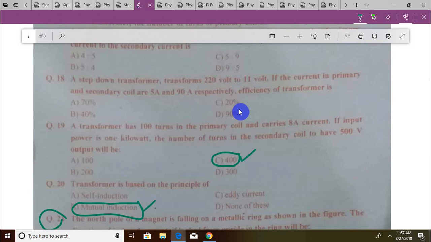स्टेप डाउन ट्रांसफॉर्मर ट्रांसफॉर्म्स 220 वोल्ट से 11 वोल्ट तक। If the current in the primary and secondary coil are 5 ampere and 90 ampere respectively, efficiency ट्रांसफॉर्मर की कितनी? हम हमेशा पावर के लिहाज से देखते हैं। आप 220 इंटू 5 करें, ये इनिशियल इनपुट थी। 90 इंटू 11 ओवर 220 इंटू 5 मल्टीप्लाई बाई 100, तो ये 0 0 कट हो जाएंगे। 9 11 99 ओवर 110 बनता है इंटू 100। फिर 9/10 बना तो ये बनेगा अबाउट 90% एफिशिएंसी, जो कि अच्छी खासी होती है टू बी ऑनेस्ट।